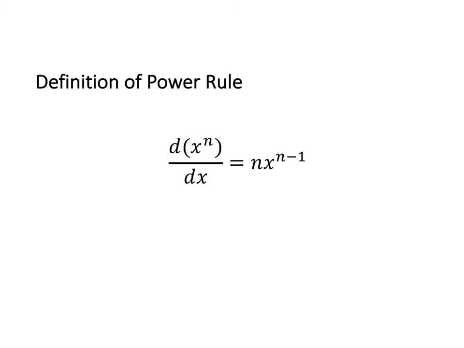All right, we learned the basic definition of the derivative, but now we're going to learn some of the shortcuts. And the first of these is going to be the power rule, okay? And the power rule simply says